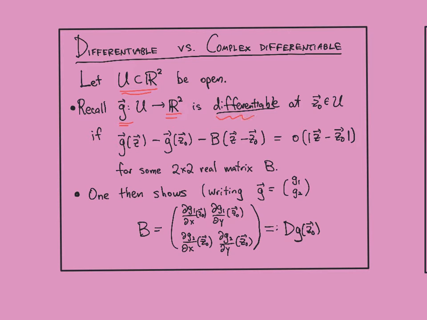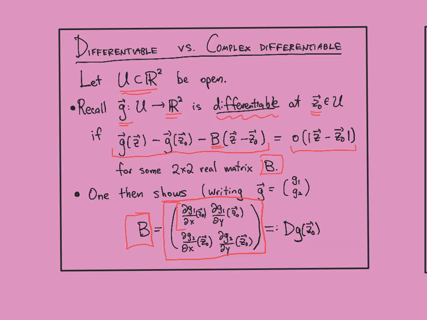You recall that G is differentiable at a point Z0 in U if you have a linear approximation to G at Z0, meaning G of Z minus G of Z0 minus this linear term. Here B is a real 2 by 2 matrix. If this linear approximation to G is much smaller than a linear term, so it is little o of Z minus Z0, then usually in a real analysis course or multivariable calculus class, you would show that this matrix B is uniquely determined and is equal to the matrix of partial derivatives,